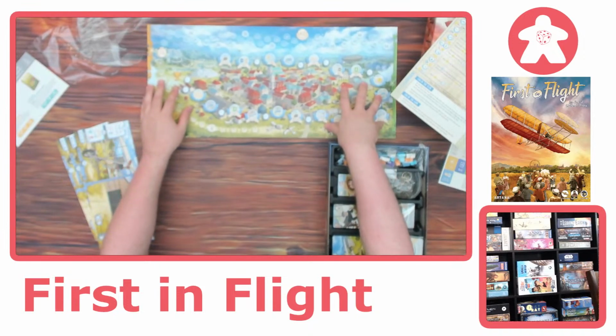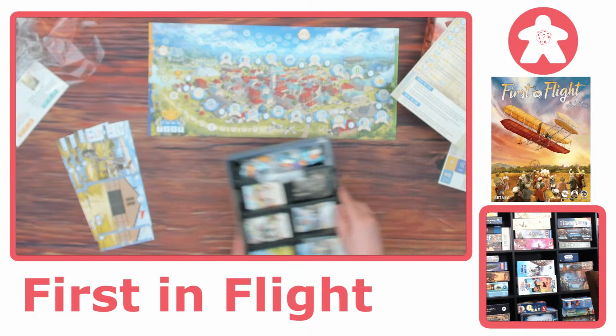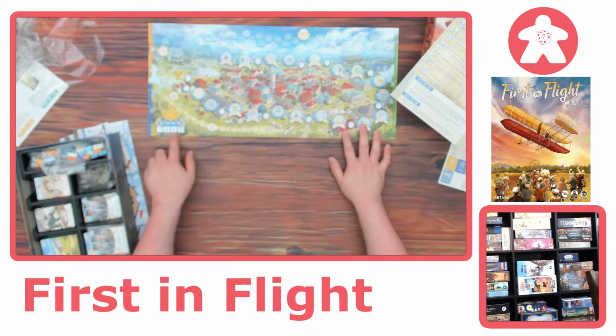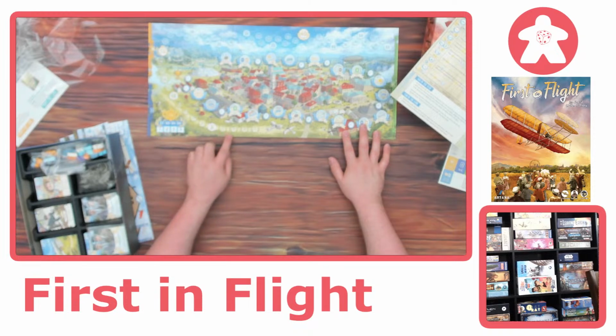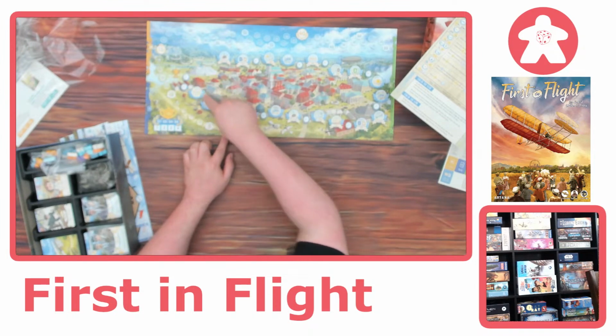Here we have the board. Bada bing. Very beautiful. Love the art on this so far. We got a round tracker. Looks like whoever's the farthest, that's how much they get. They get more money. And this is the action selection